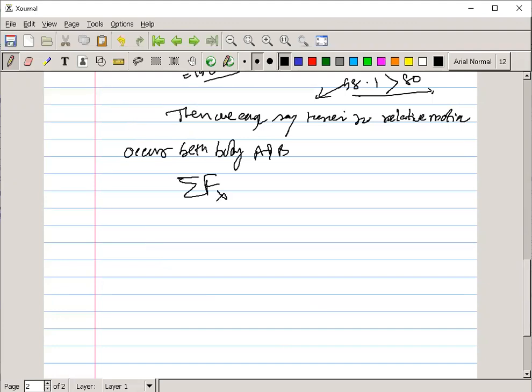So we have to apply summation of Fx minus m ax is equal to 0, D'Alembert's principle, which shows that 80, the frictional force we are talking about. So the frictional force minus mass into acceleration, where mass is 100 plus 20. There is no relative motion between these two. So ax is equal to, finally we get